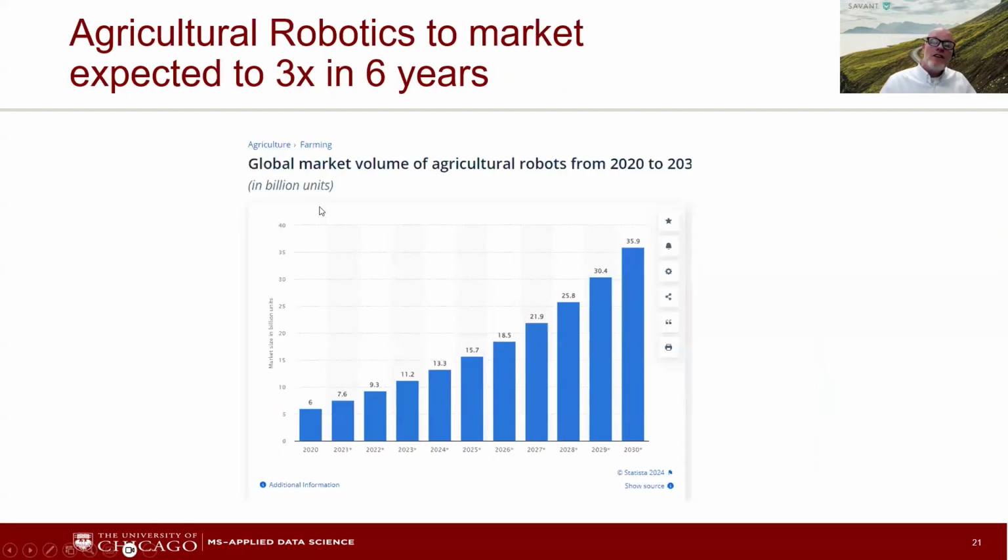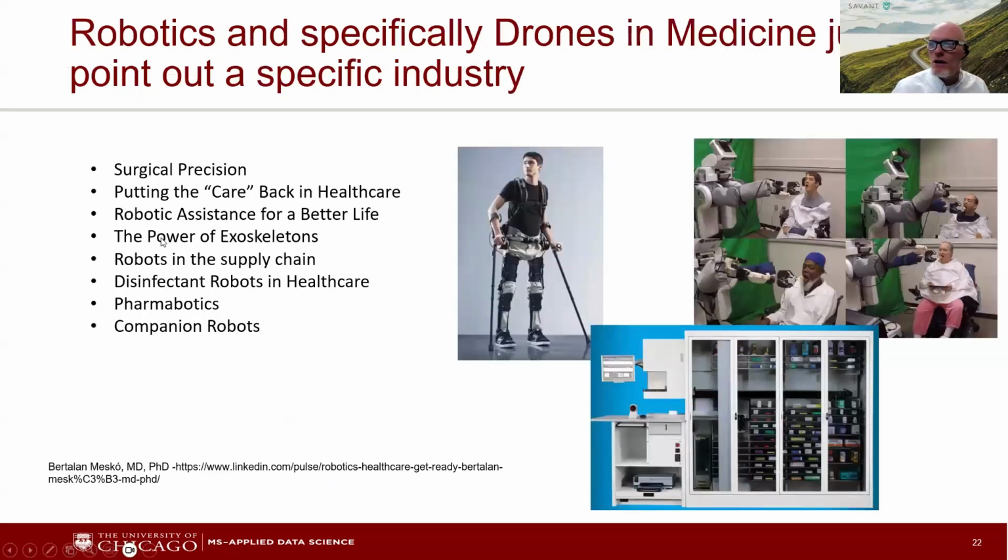So when you look at the field of robotics and agriculture, we're expected to triple in the next 6 years from where we are today. And I think we'll exceed it, to be honest with you. But this market's in billions. So if you want to make money, I think Elon Musk has a thing out there. There's a meme out there that says, go into the lithium industry. Everybody's going to make money. Go into robotics. Every field is going to grow.